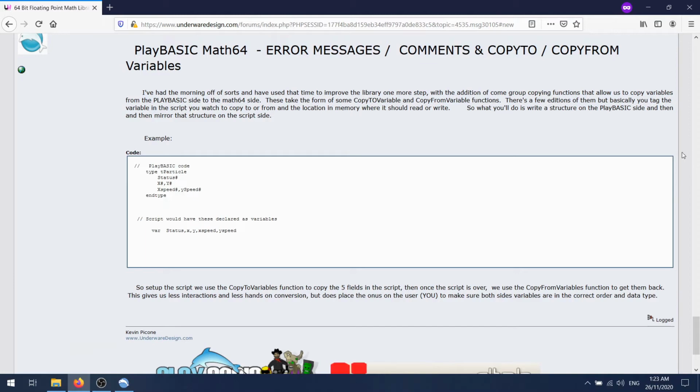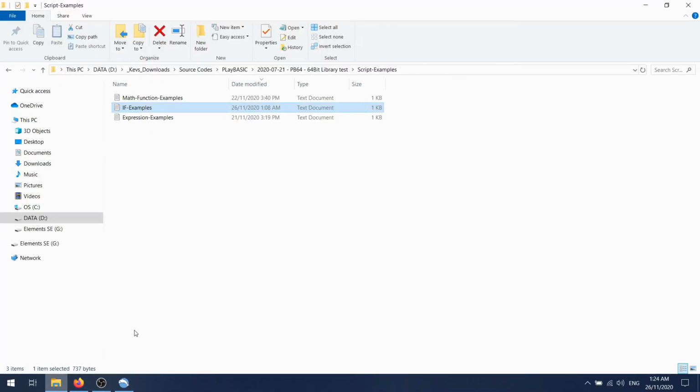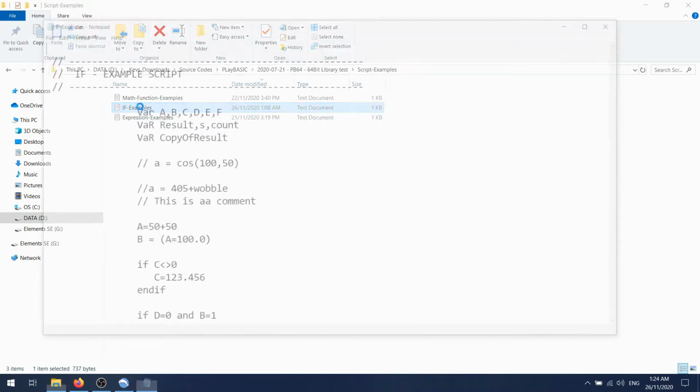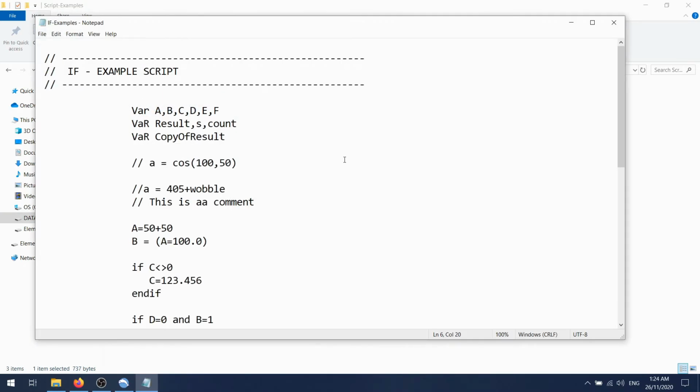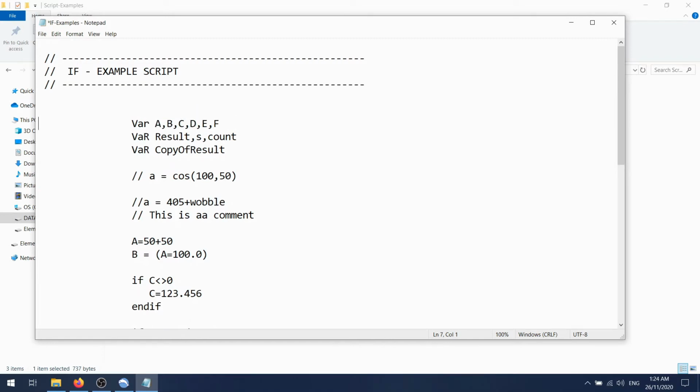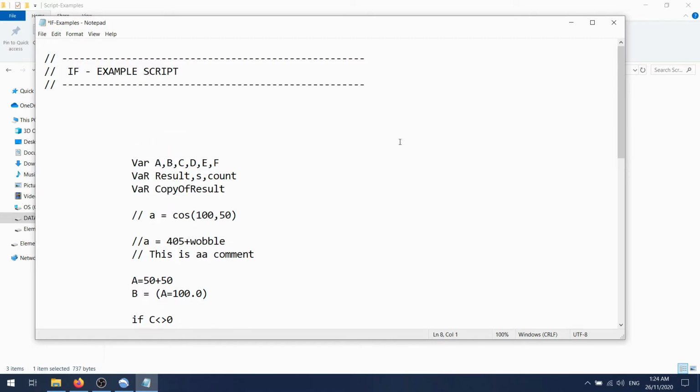If you're wondering how you could do more complicated things with scripts, I'll leave this to your imagination. But one thing you might think is, how can I make an array on the script side? It doesn't support arrays, because this is script and you're manipulating this thing yourself, pretty much.